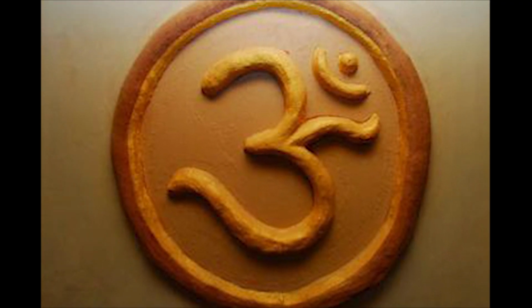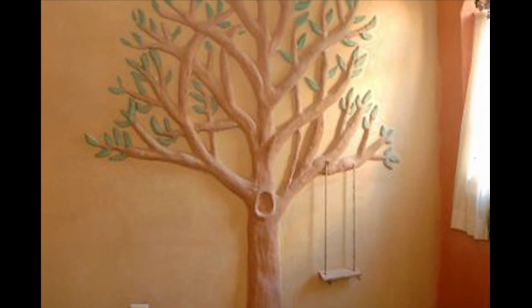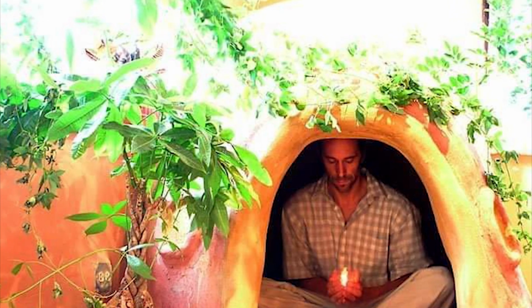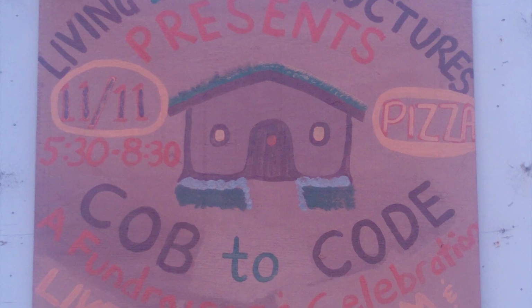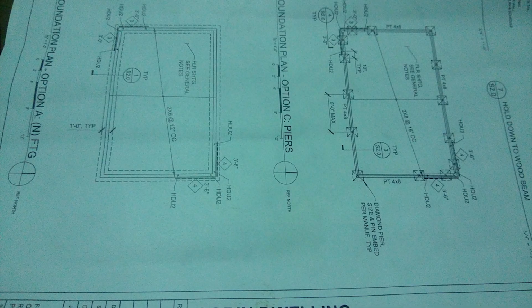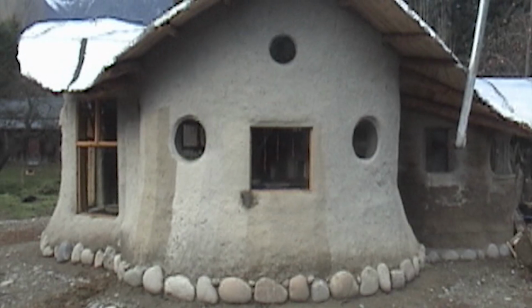and the Om at Yoga Now, and the tree on a wall, and the cob bench at Yoga Now, and the Om Dome, and the oven at a winery, and then working on getting cob to code, and working with the engineers and the architects, and working on getting the plans, engineer drawings, and then working on a cordwood wall, and my first